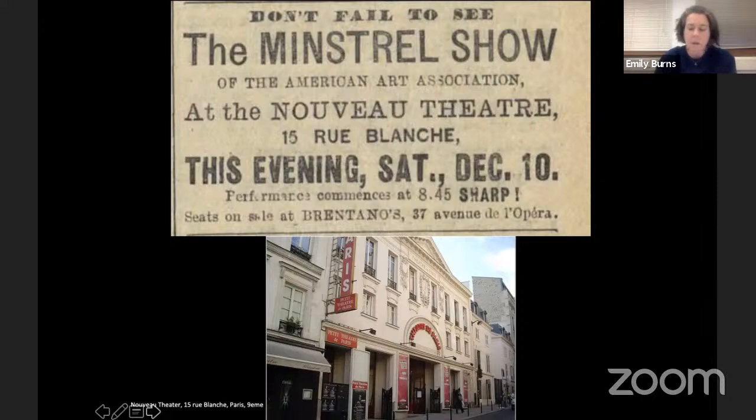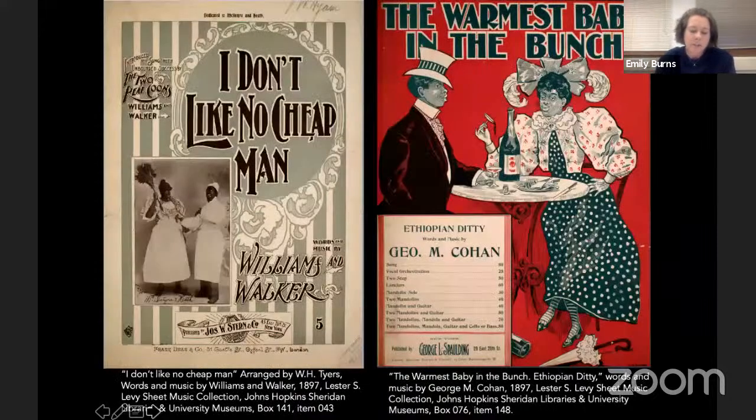The show featured newly published minstrel songs from printed sheet music with both caricatured photographs of blackface performers, which you can see at left, and exaggerated drawn caricatures of Black figures that you can see at right. The show featured